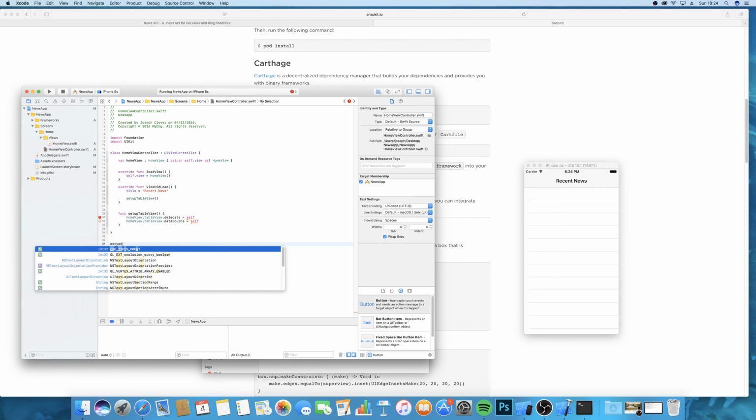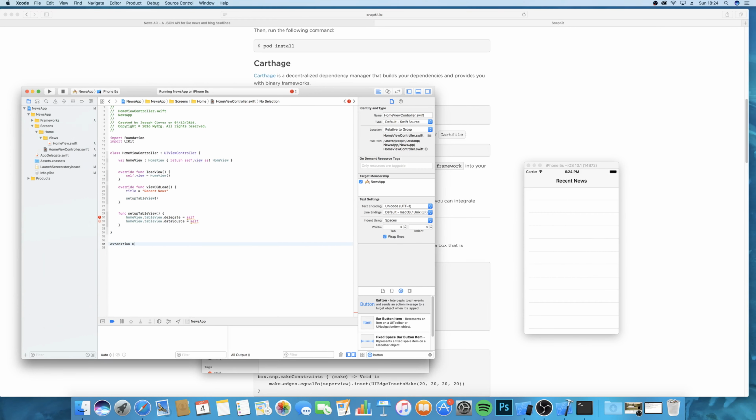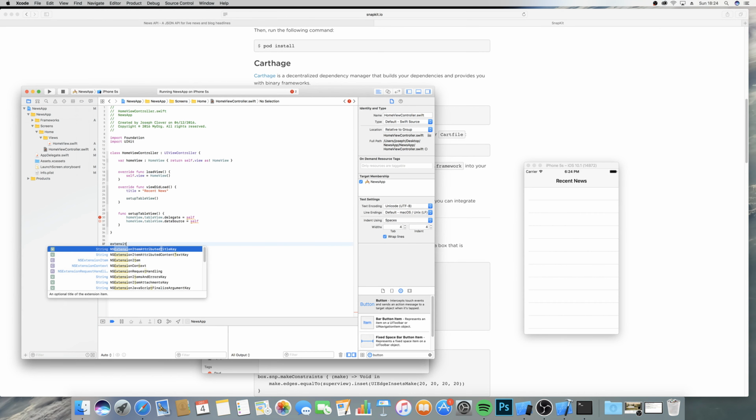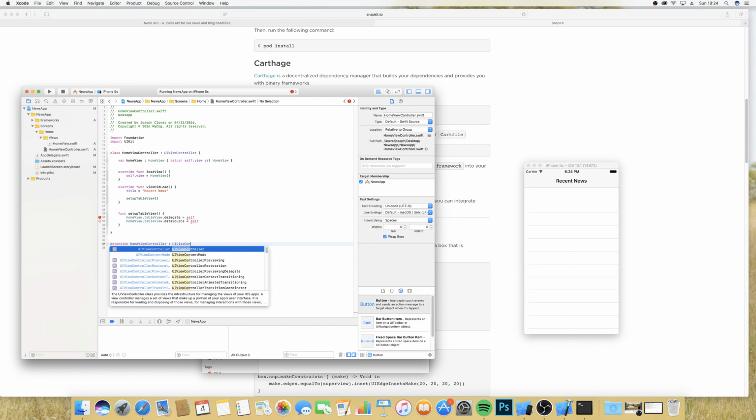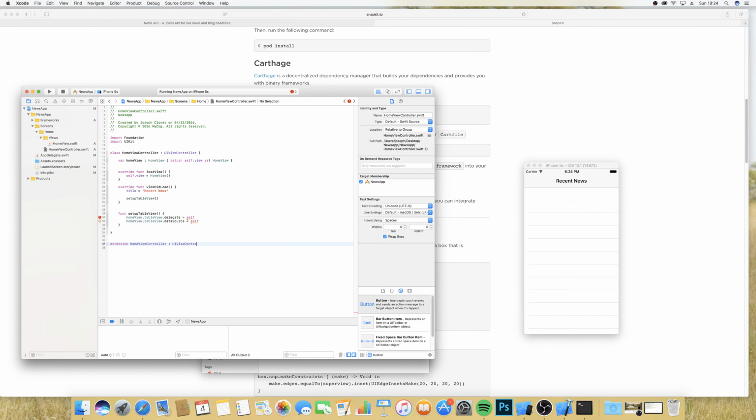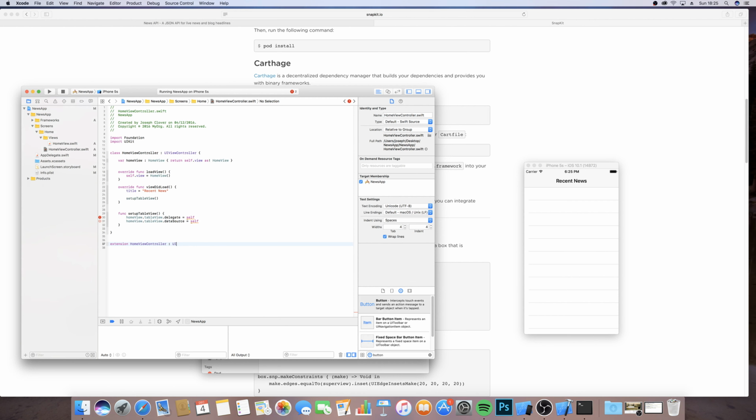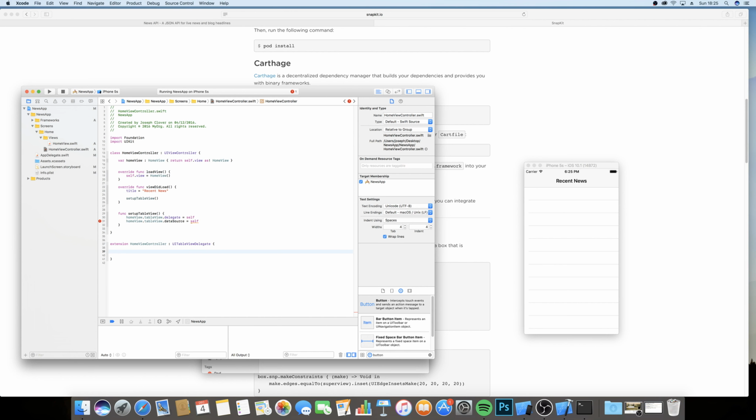So I'm going to type extension. Oh, my bad. That's silly of me. Okay, so as you can see here, I've added an extension to this home view controller, and I want this extension to adhere to the UITableViewDelegate protocol, which contains a few methods such as tableView didSelectRowAt indexPath,